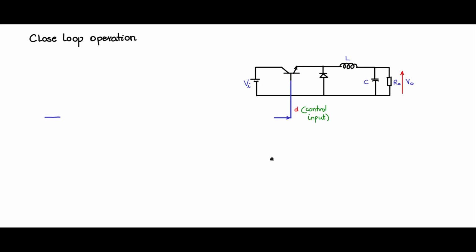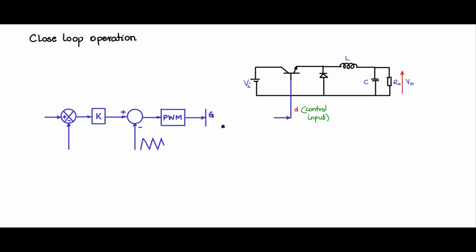Now let us build the control portion of the schematic. So let us have a reference, a feedback quantity, plus and minus. We are comparing it, and let us pass it through a control block. And the output of the control block will give you the control signal, which will be compared with a triangular carrier waveform to generate pulse width modulation and steering that we have discussed. And then from the pulse width modulation, it will go to the gate drive circuit. We have discussed the gate drive circuit and protection, and then it goes to drive this switch.